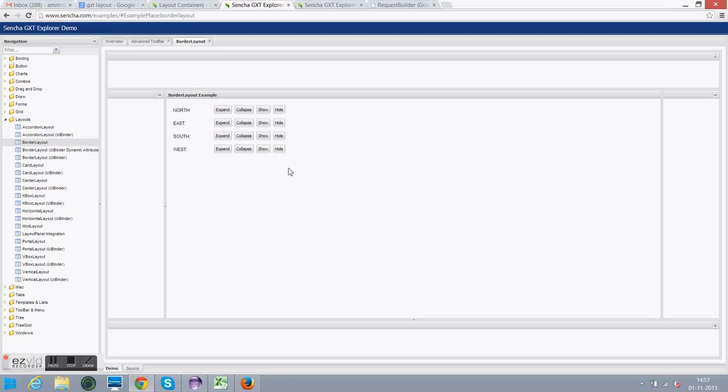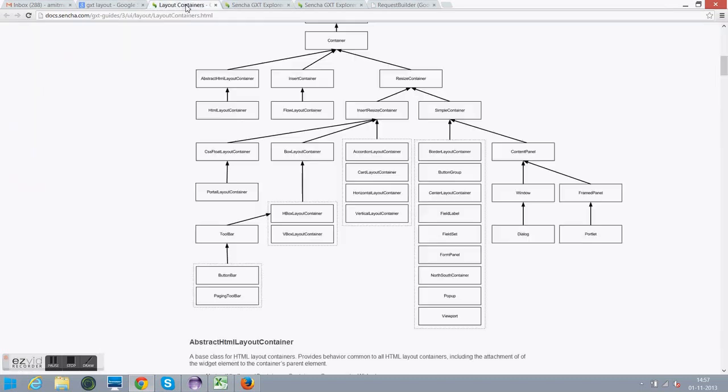So for all widgets, that's why I'm taking the help from this demo. What I'm doing here is discussing the layouts and how we need to use them in GXT, and how it is different from other languages. More concentration on that. We'll look at the other layouts one by one also. Just now we'll look at